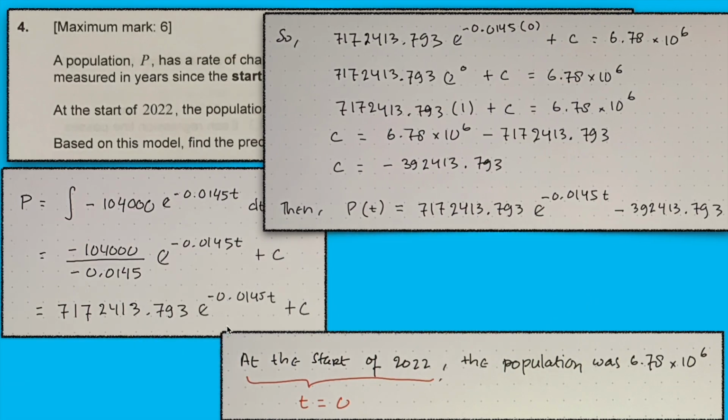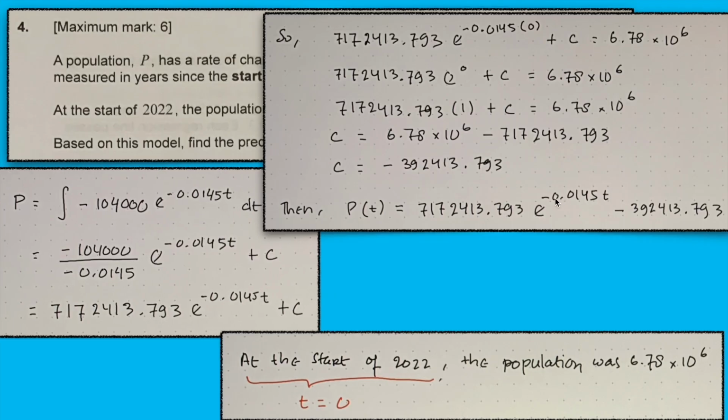So we have all of these expression plus c, and don't forget to substitute t is equal to 0 to this, okay, and equate all of these to 6.78 by 10 to the 6 as given in the question, and then you can find c. Then this is P of t, right? So this is the model,